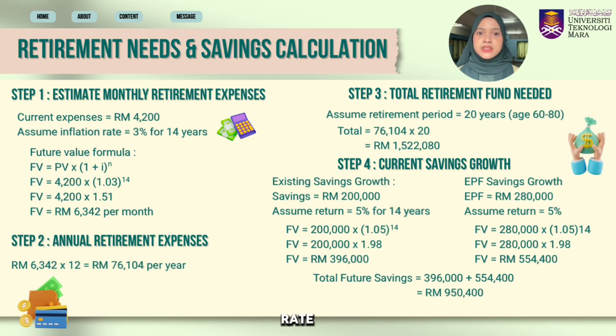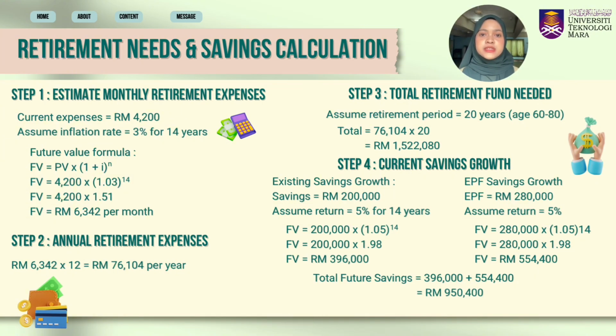With an inflation rate of 3% over 14 years, that increases to about 6,342, showing how inflation raises living costs over time. In step 2, we convert the monthly expenses into annual expenses, which is 76,104 per year. In step 3, we calculate the total retirement fund needed for 20 years of retirement from age